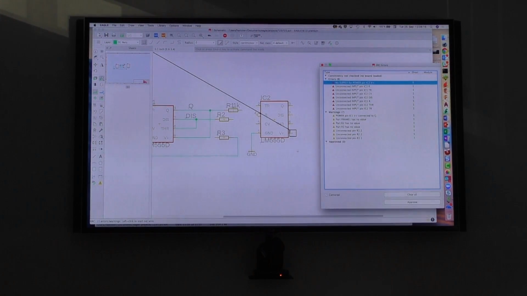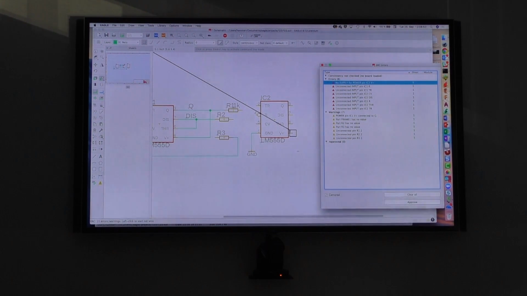In a number of cases that's not possible, because if I take components from the libraries, here I have V+ as power pin, for example. Then I take, I don't know, another component from another manufacturer, and the pin is not named V+, but +5 volts, for example. But I have to connect these two voltages, because this belongs together. Then I get a message, and he says, hey, V+ is connected with this and that, and then you have to decide, is this correct or not? And then I say, okay, if it's correct, I can approve it,